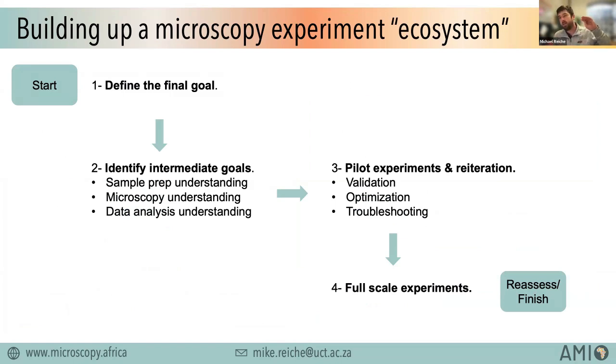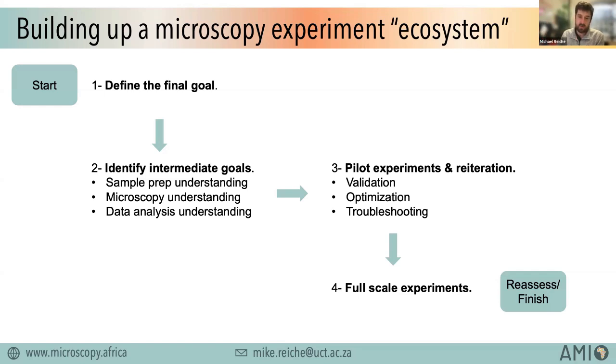And that can start by just simply defining your final goal. What are you trying to achieve with your experiment? And then through literature searching and through trial and error, you can identify what are your intermediate goals. And again, you refer to the three components of the microscope experiment: your sample prep, your microscopy or your acquisition settings, and your data analysis. You can let those intermediate goals direct pilot experiments where you can try things out, reiterate, change a setting, change a sample preparation method,